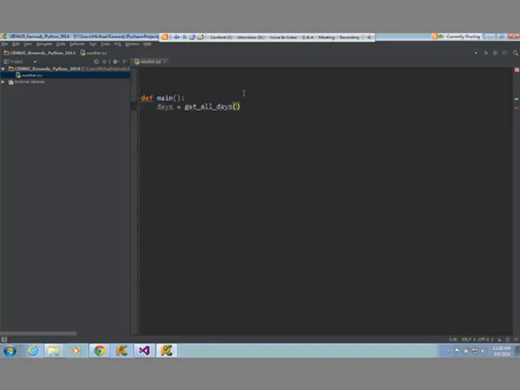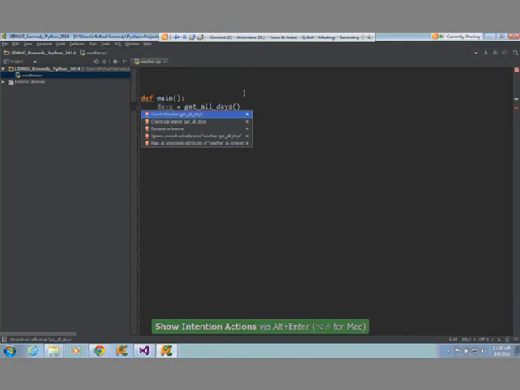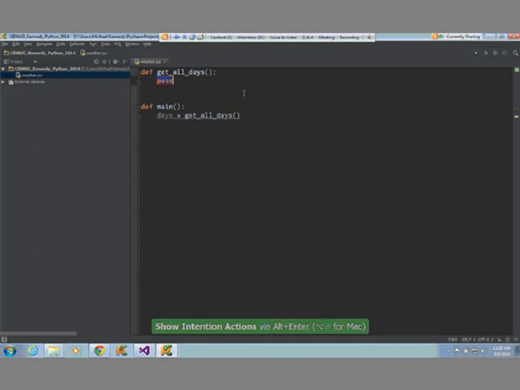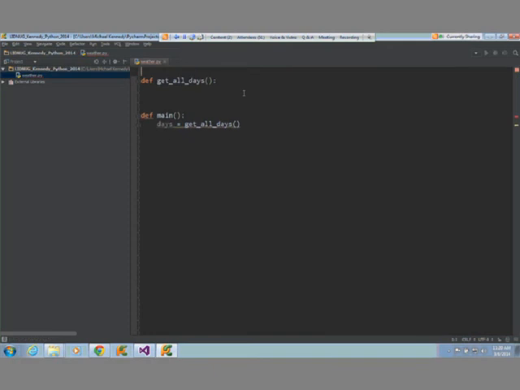Okay. Now notice this has got a little red mark. Just like in Visual Studio, you can say create me this function, and it will go up there. Now notice at first it says pass, because just so the parser can make sense of empty blocks, you can say pass if you want it to do nothing, but that's obviously not what we want it to do. We instead want to write a method that's going to look something like this. So let me put a little comment here. This is going to be a public list of string get all days, something like that, right? So that's what the top part looks like.